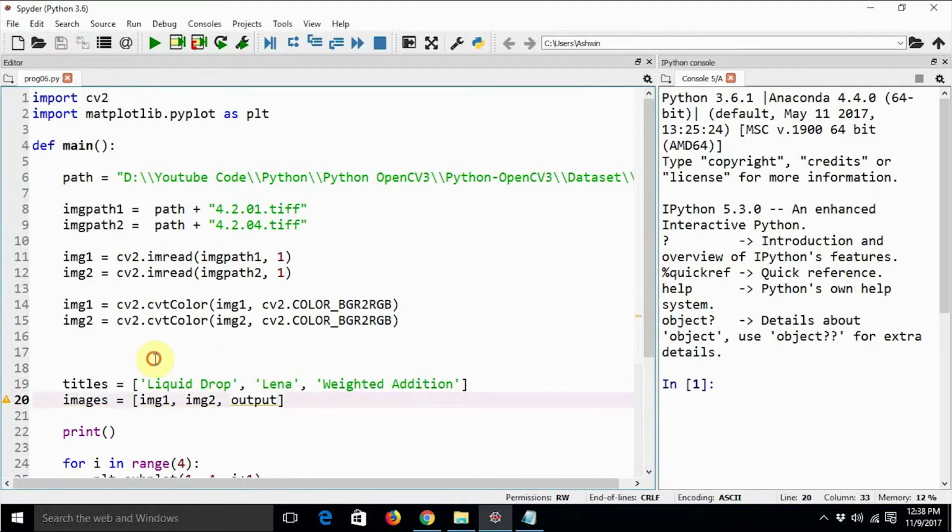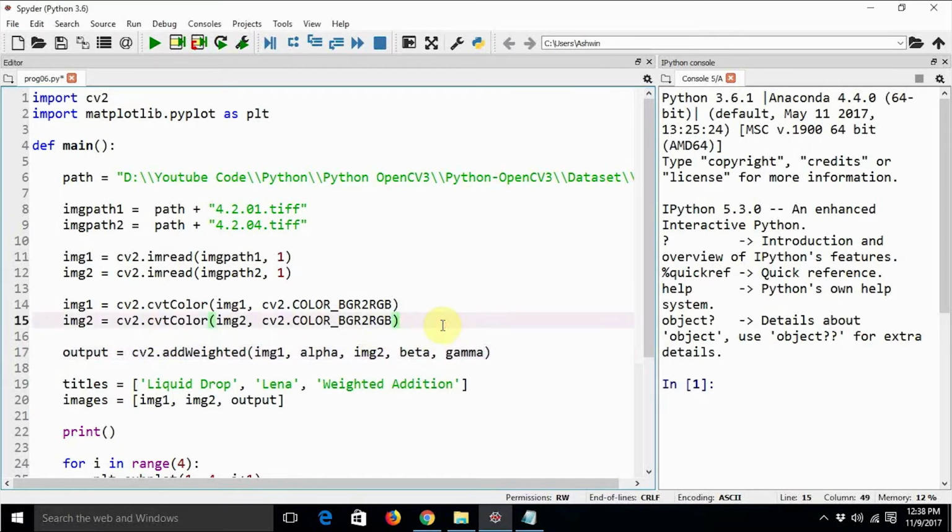Now the only thing which is missing in this program is the output variable. Output equals cv2.addWeighted, img1, alpha, img2, beta, gamma.